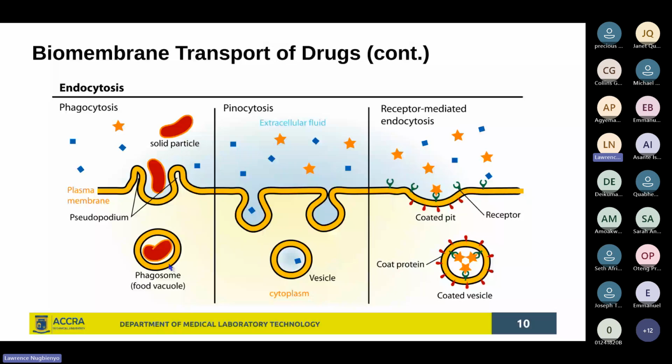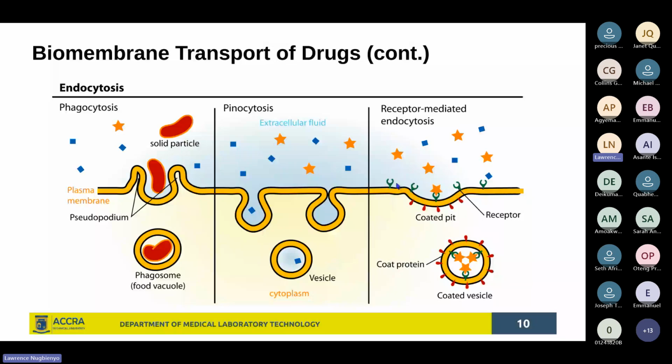And then what you see between phagocytosis and pinocytosis is that in pinocytosis, the substances that are engulfed in the cell membrane are much smaller, forming these vesicles that will result in the breakdown or the metabolism of the substance in these vacuoles. The third type of transport we see here is